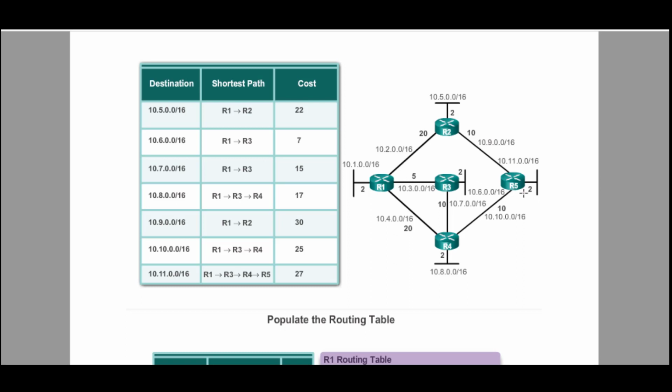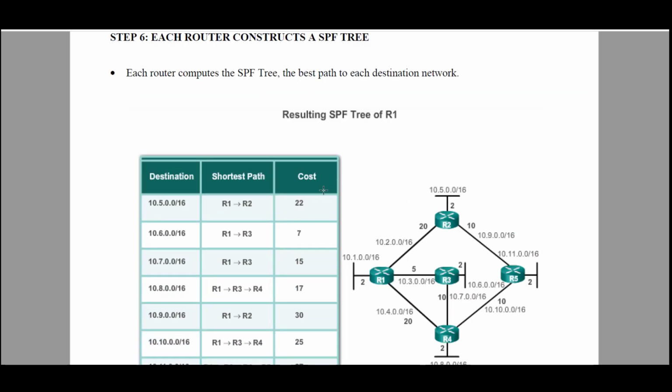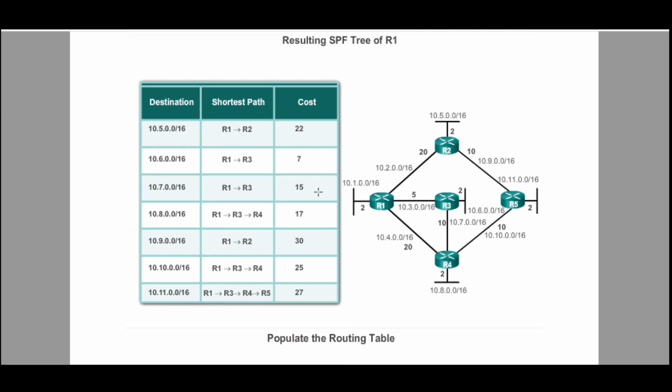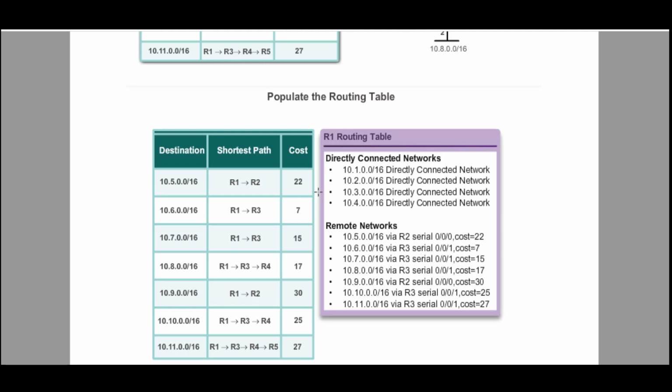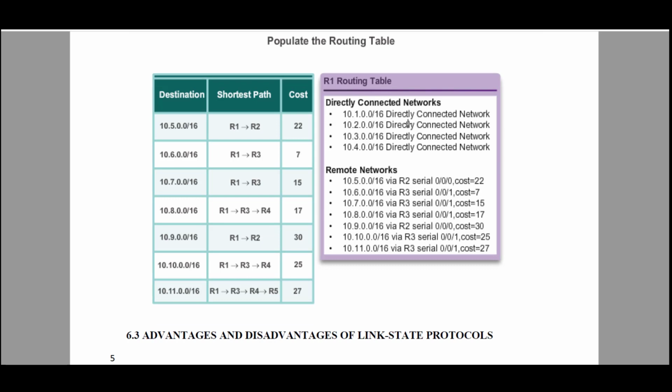What are the possible paths? Possible means you have to tell what are the different paths available and the cost of each path. Then finally, from that you have to choose the best path. Whichever cost is less, that is going to be the best path. So like this, some questions you can expect from this. Totally there are 6 different steps, and these are the steps a link state routing protocol will undergo to create the routing table. So finally the routing table will be ready.